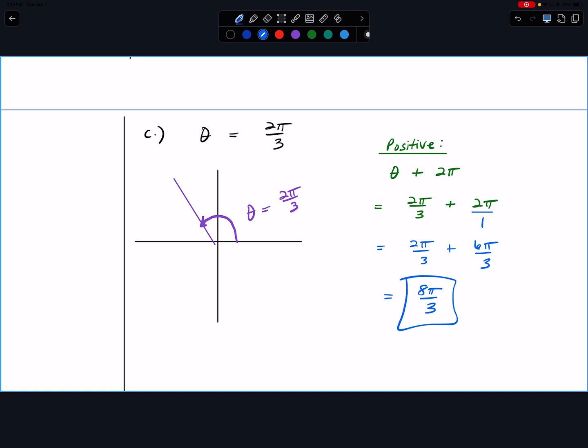So instead of thinking really hard, like, well, where the heck is that going to lie? Isn't this going to be one rotation more this way? So I just have to draw the same angle, but instead of stopping there, I'm going to loop all the way around and back to where I started. So,